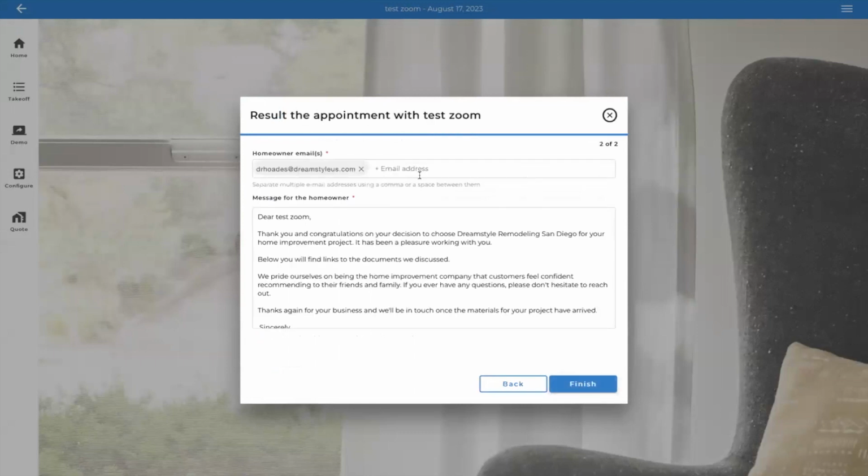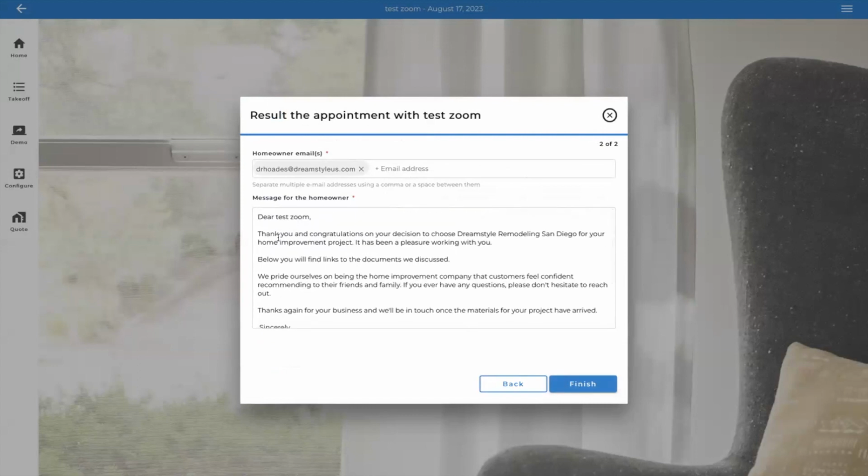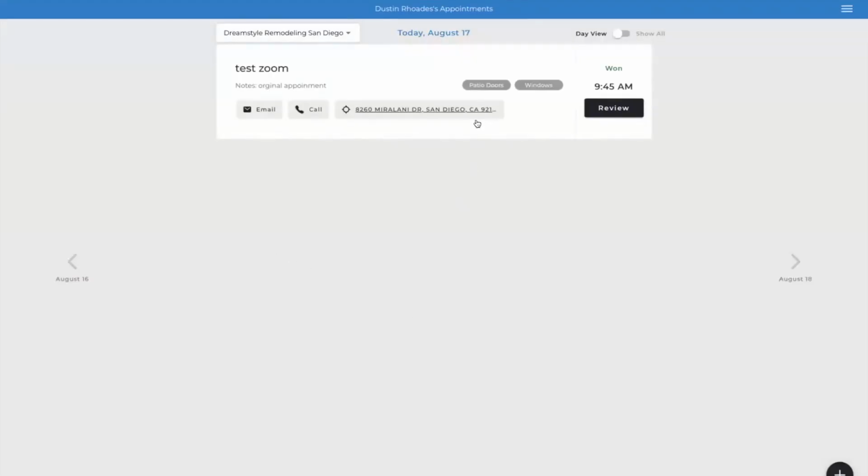Next. Now it tells me what email addresses I'm sending it to. If I want to add an email address, whatever I want, I hit here. Cool. Dear Test Zoom, blah, blah, blah. Hit finish. Done. Okay. Now that this is done and completed, let's say I get the dreaded